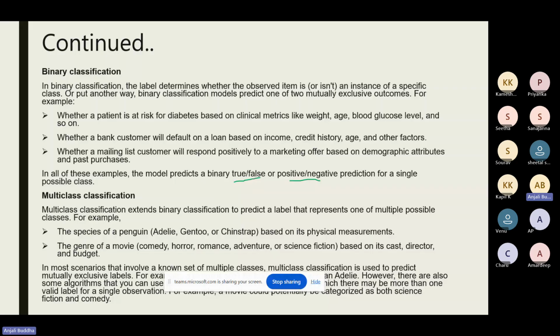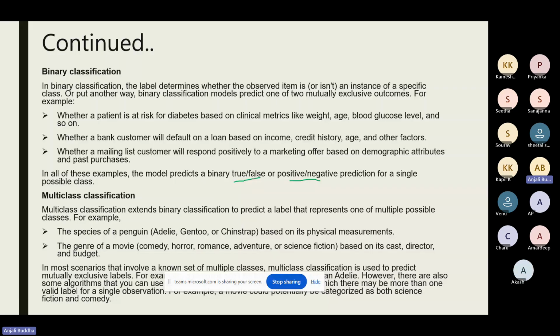When I provide these details, it should be able to predict which type of movie it belongs to, like comedy or horror. In multi-class classification, the outcome is predicted in the form of different options, with multiple possible classes of the outcome based on the given input.